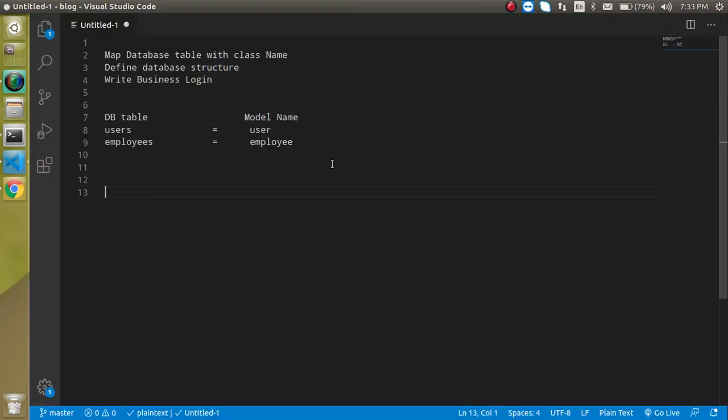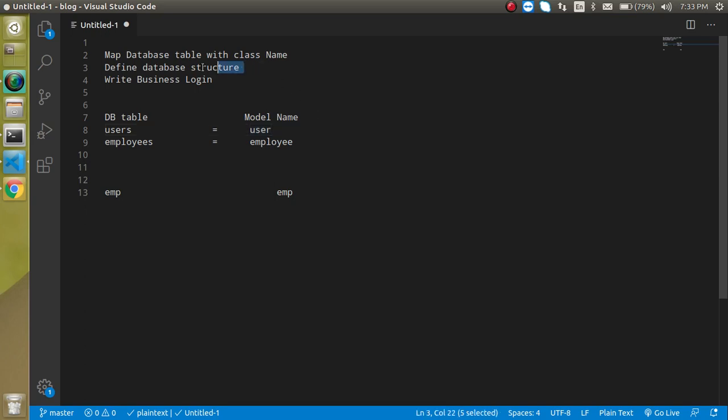So now maybe you have a question that this is a little bit weird, right? So if I have a table name EMP and model name is also EMP, does that simply mean I cannot connect them? No, still you can connect, but for that you need to do a little bit of manual configuration. I will show you this case also, that if our database table and model name are not actually mapped in the singular and plural way, then how we can connect them. We will just see all kinds of things, right?